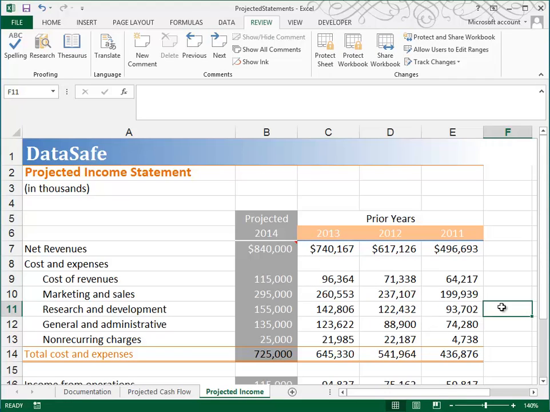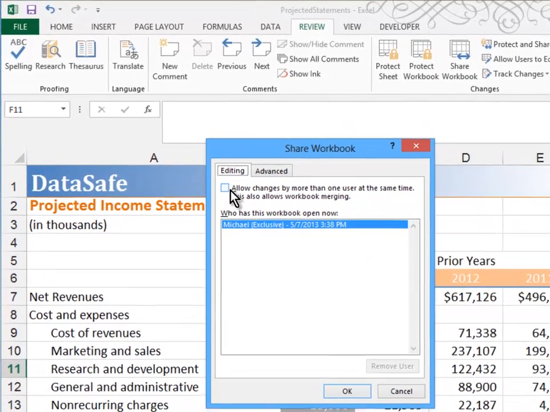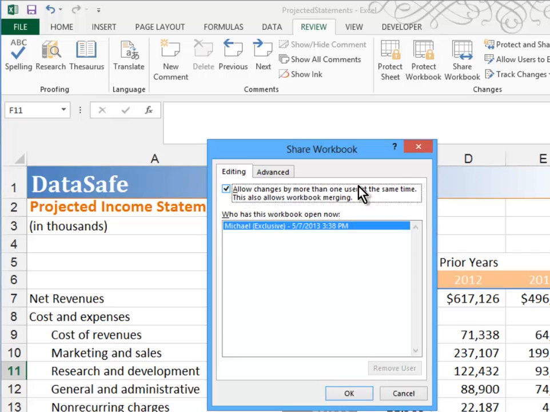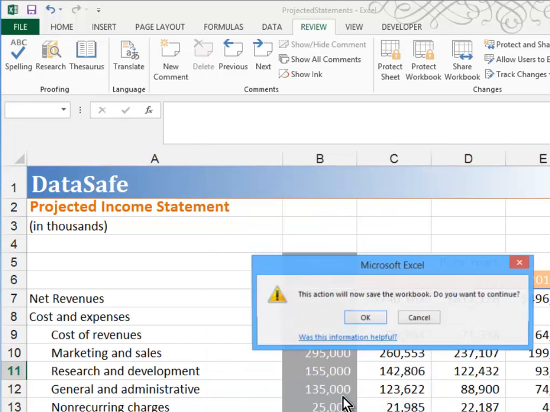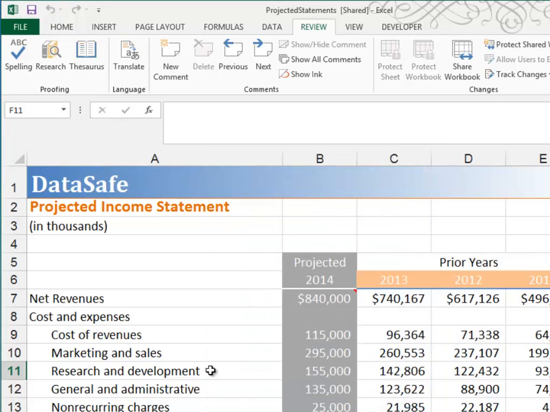In step 3, they tell us to share the workbook. You'll find that in the Review tab, Share Workbook. We will allow changes by more than one user at the same time, and when we click OK, this does save our workbook. Now they tell us to close this file